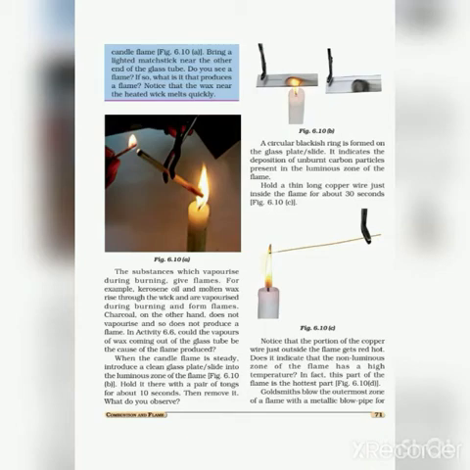We will continue with Standard 8th Science Lesson 6, Combustion and Flame. Last time we learned that a flame is formed when a substance vaporizes during burning. For example, when a candle is heated, wax melts and this molten wax rises through the wick and vaporizes. It burns in the presence of oxygen and forms a flame.